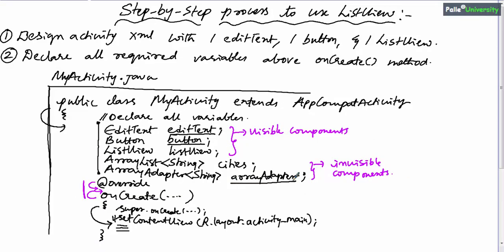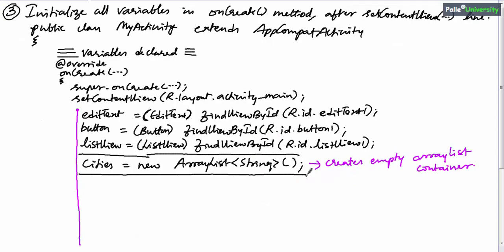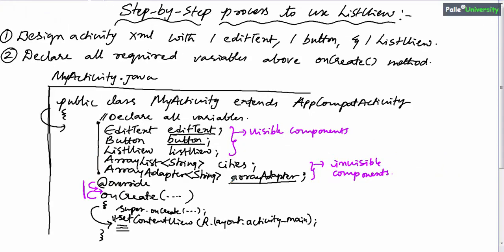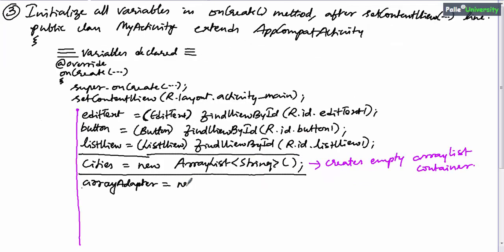Now let us see how to initialize array adapter, or how to create array adapter object. So this will be something new and interesting. First let me write and then I will explain you. Array adapter, that is, this variable name should match with your variable name, whatever you have declared, equal to new